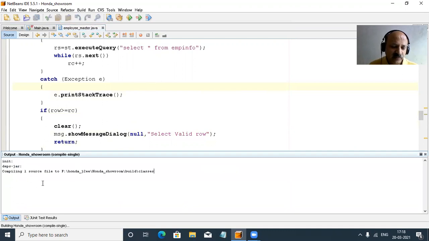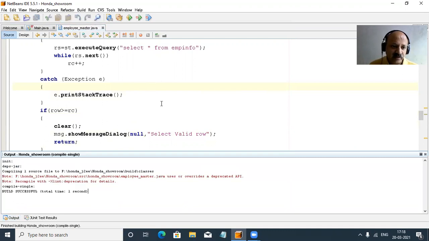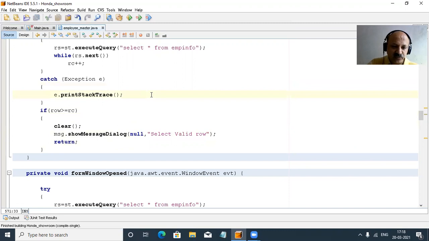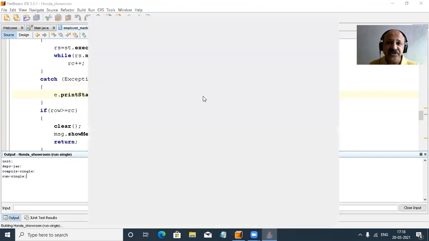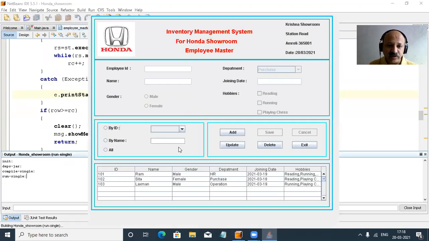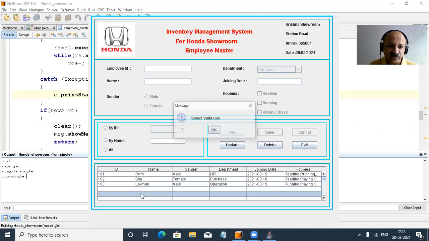You can look here, there is no error, and now I can run this form to see whether that validation works properly or not. So we cannot select a proper row, but a blank one here. I just click directly with the mouse. You can look, select valid row. That is the message, automatically your message, an information symbol, and only one OK button.